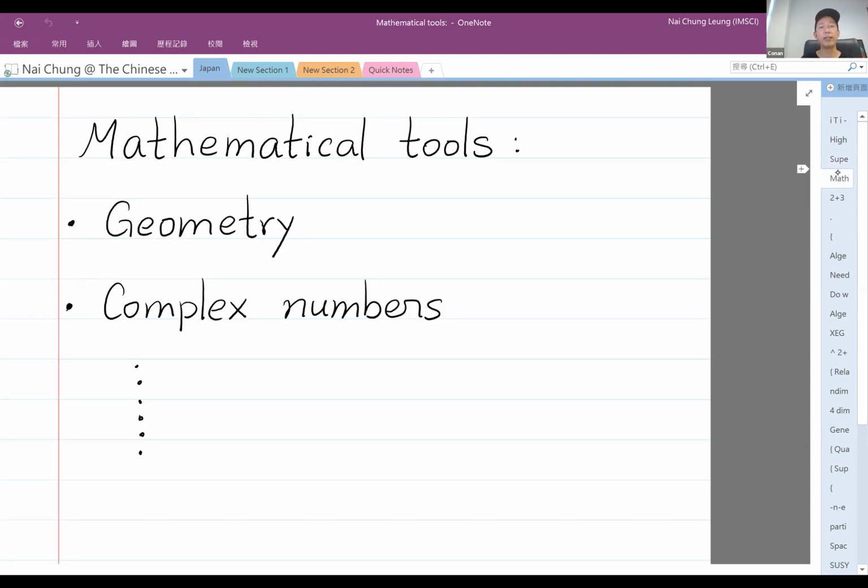They look completely different from Newtonian mechanics, the usual physics that we feel in real life. The mathematics involved is of all kinds. At the moment I'm assuming very little mathematics background for the audience in the first half, so we'll involve geometry, complex geometry, for example complex numbers, and many of those things. Let me just say a few words here.